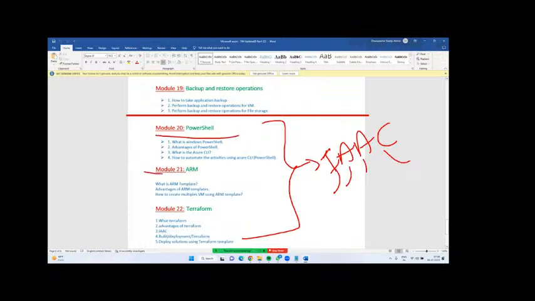See, PowerShell, ARM templates, Terraform, these three come under IaaC. PowerShell, shell scripting, and Terraform will be there for every cloud, guys. Every cloud in the sense, if you go for Google or AWS, Terraform, PowerShell, shell scripting, these three are usable. ARM template means Azure Resource Manager, which is a native tool that can be used for our Azure cloud computing itself.